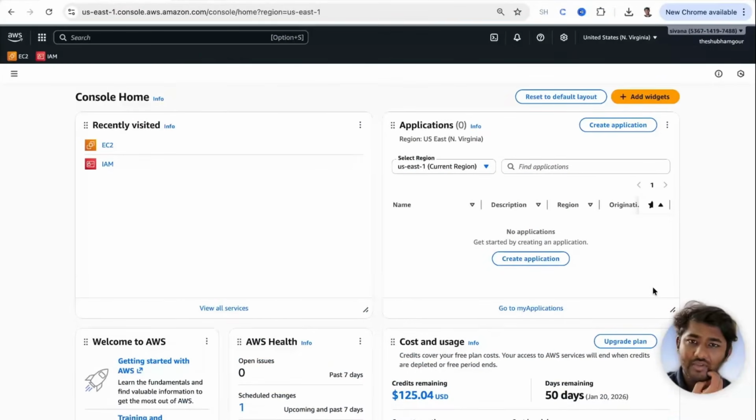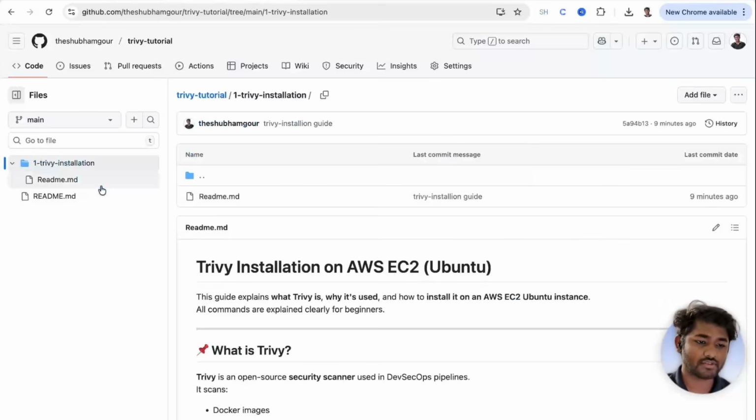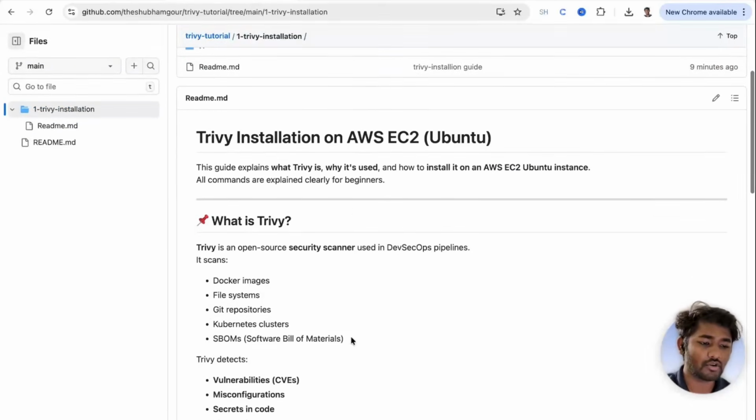So for that, we are going to start from scratch. I am going to create the AWS instance and I'm going to tell you how things are actually working. But before we proceed, I have created one repository. In this repository, again, there will be multiple sub-repositories. The way we are going to learn it, all the things will be documented over here based on the sub-repository. Now, if you go to the first directory, that is the first Trivy installation, you'll find one README.md file